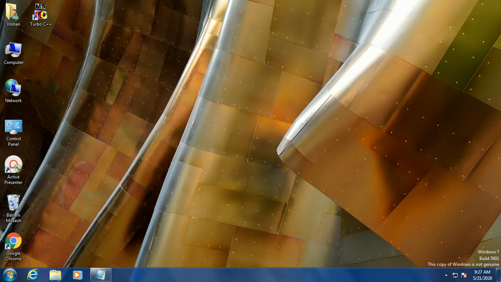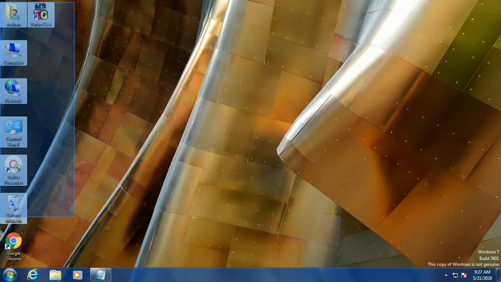So in this tutorial we have learned about the Windows XP desktop components: what the desktop is, what icons are, and what the taskbar is. In the next tutorial we will discuss how to manage the desktop icons.